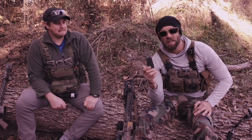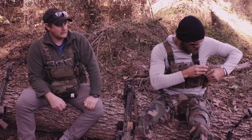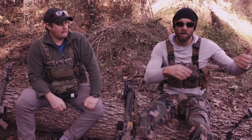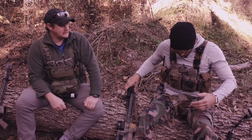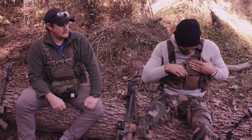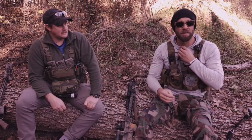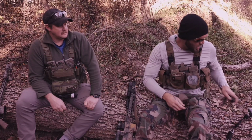You can never have too many of these. I usually try and keep one of these in every piece of kit. So I've got one here, and then later on I'll show you I got another one on the belt. But in the other pouch, I've got a Sharpie, headlamp, which I usually wear around the neck. That helps for nabbing at night. What kind of headlamp is that? So I've got that